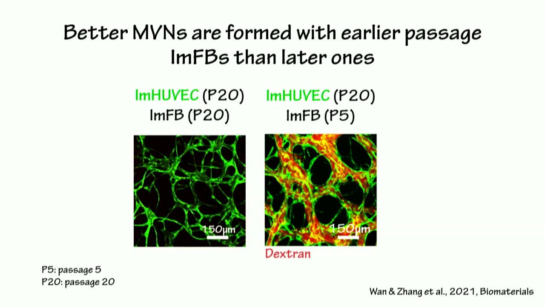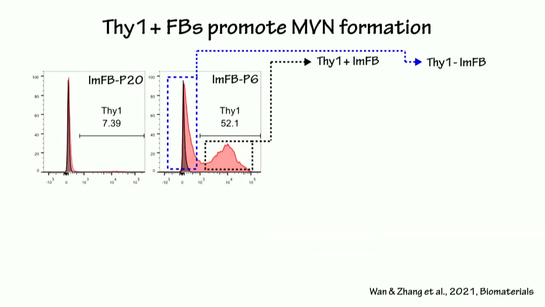But they cannot form good networks at all. But using a later passage of endothelial cells paired with an earlier passage of immortalized fibroblast, they can form good perfusable networks. So this tells me something must be wrong with the later passage of the fibroblast. So what happened? After screening several surface markers of the fibroblast, I found that in the earlier passage fibroblasts, they